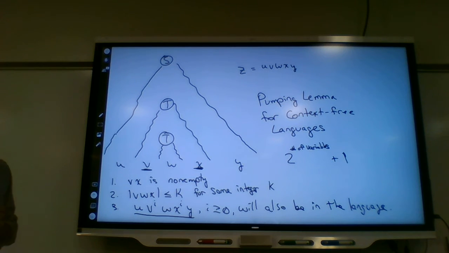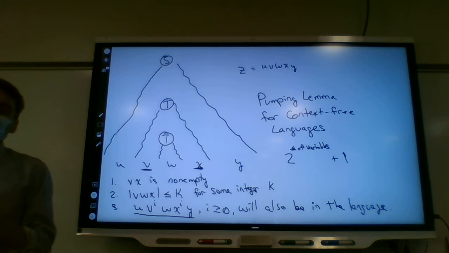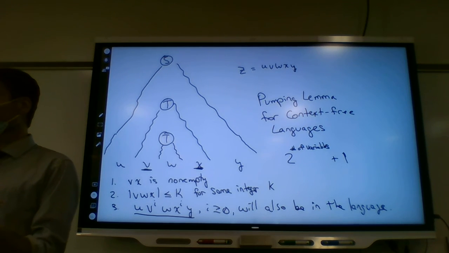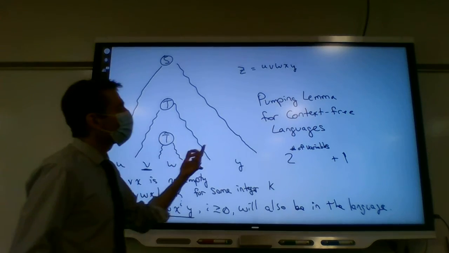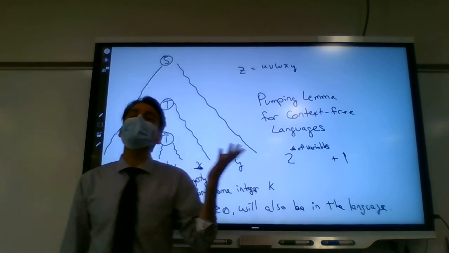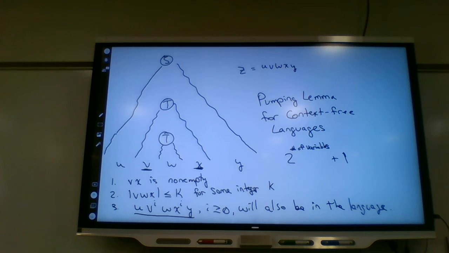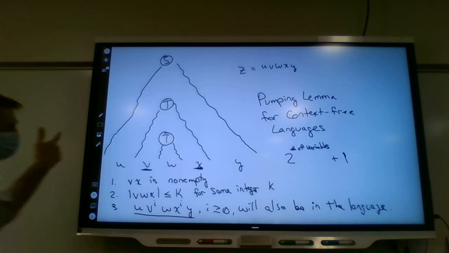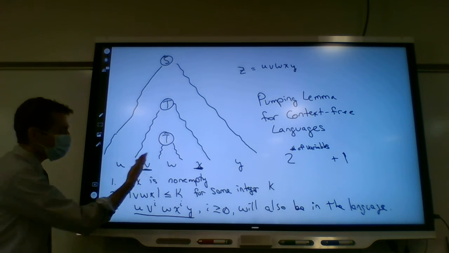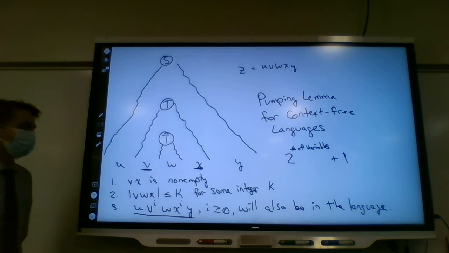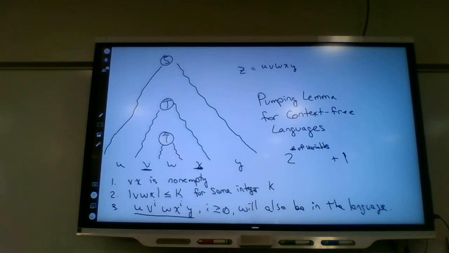Before, the idea was we just had to have a string that was at least as long as the number of states in our machine. Now we might have to have really, really long strings relative to the number of variables. But if the string is long enough, there will be repetition, it can't be avoided, and then we can pump things up or down to create new strings in our language. We're not going to completely go through the proof, but we will use it for a couple of examples. So, does that sort of make sense?